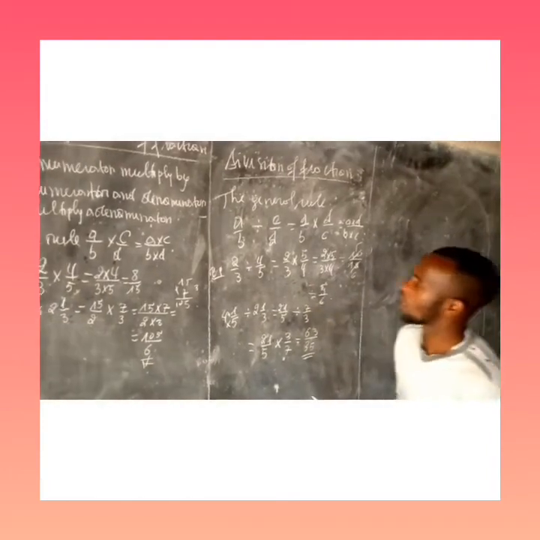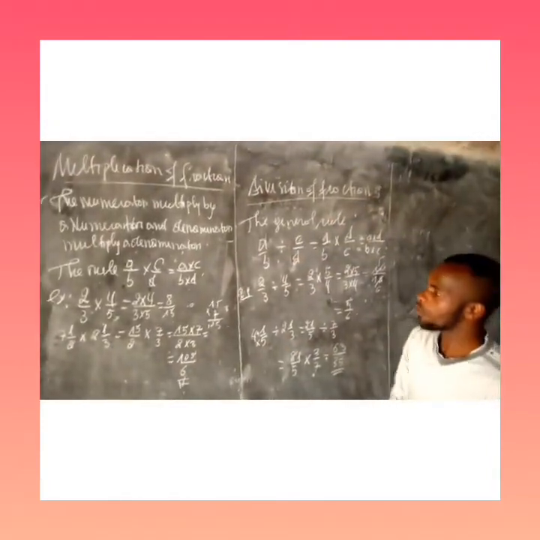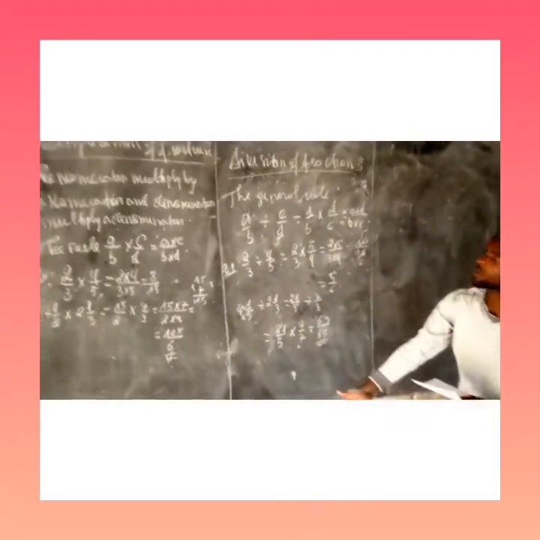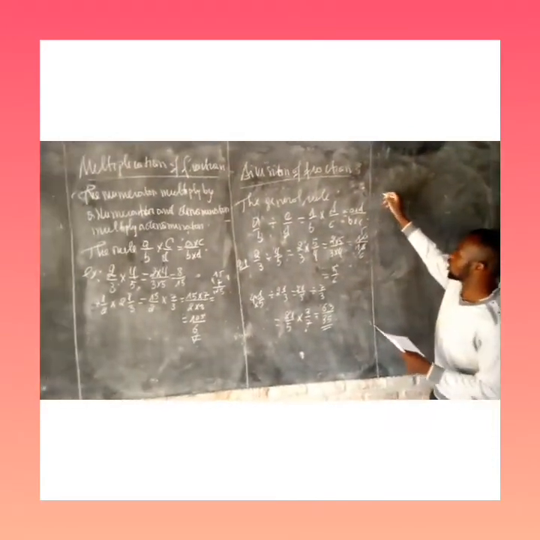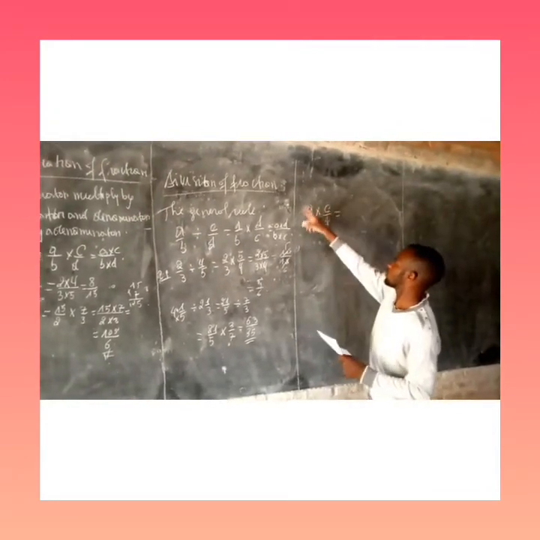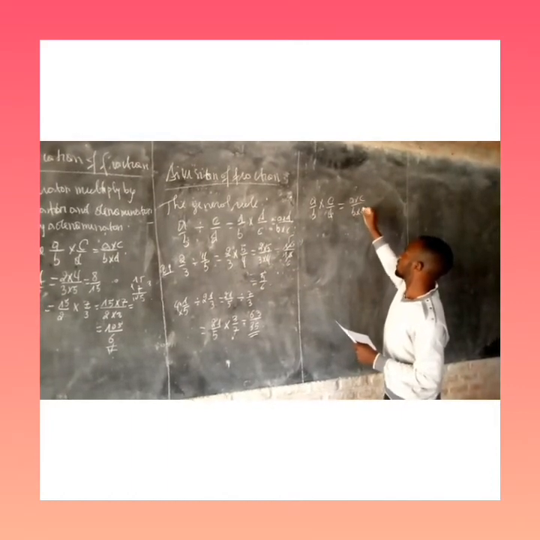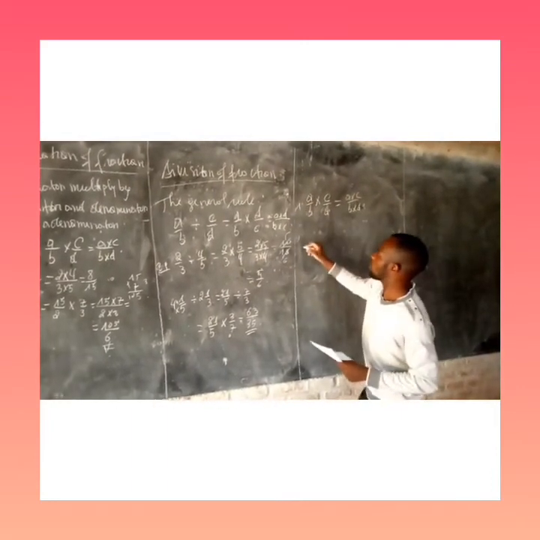This is how to find the multiplication and the division of a fraction. Essential things you have to know about the multiplication: if you have A over B times C over D, first of all you have to multiply numerators and denominators, we get A times C over B times D. So this is about multiplication.